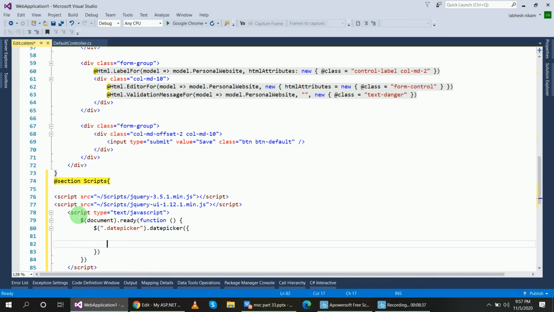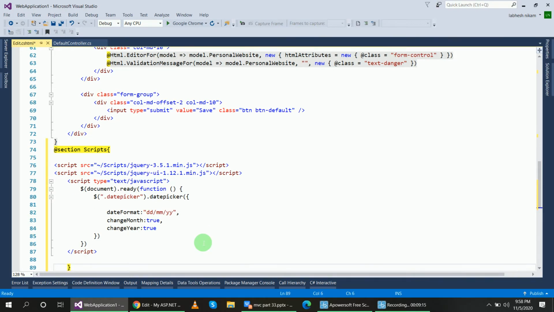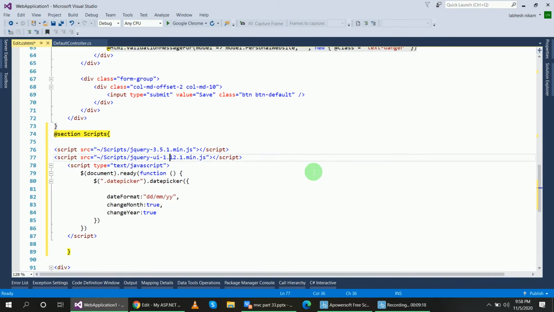For date format, suppose I want the Indian date format, so dateFormat colon in double quotes dd/mm/yy. To change the month you will add changeMonth true, and for year changeYear true, right?